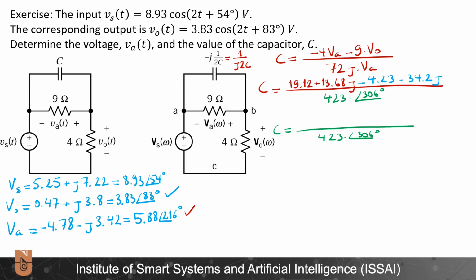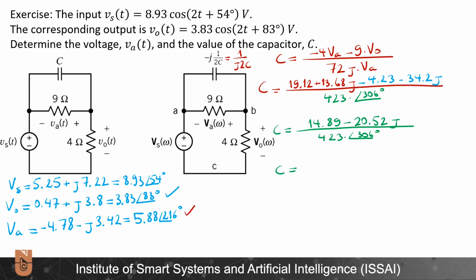So 19.12 minus 4.23 is 14.89. Then I have 13.68 minus 34.2, that is minus 20.52j. So I can also convert the upper part to the polar form, and then I will have